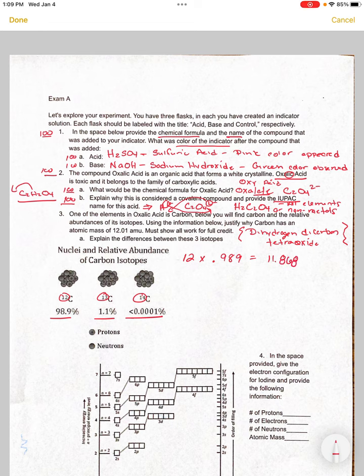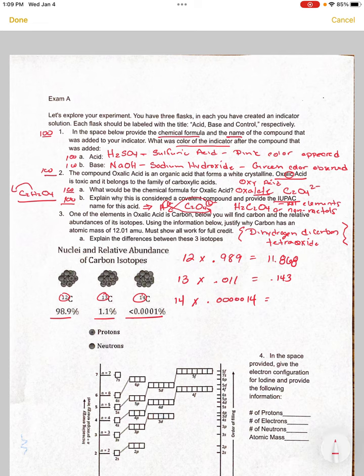The next one is carbon-13. That has an atomic mass of 13. If you multiply that by its decimal, you should end up with 0.011. If you multiply that out, you're going to end up with 1.143. And the last one is carbon-14. That exists at a very, very small amount. But if you multiply it by its percentage as a decimal, you're going to end up with,